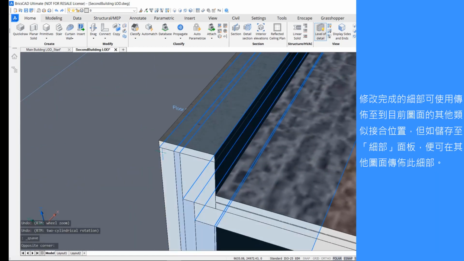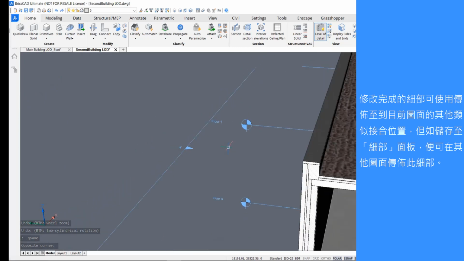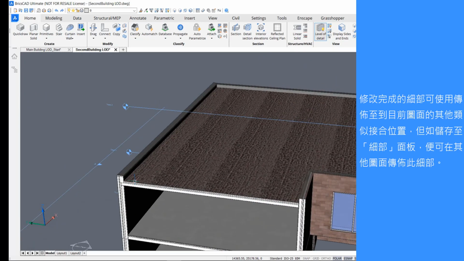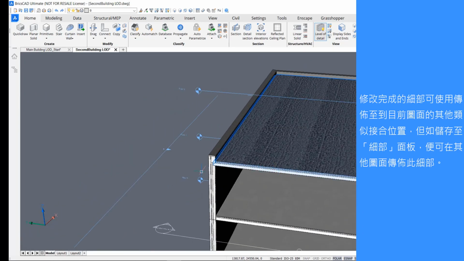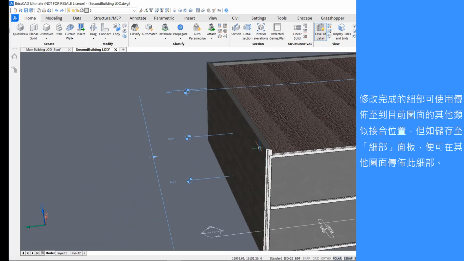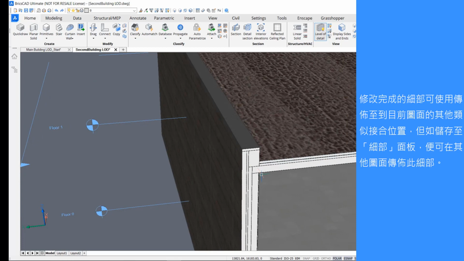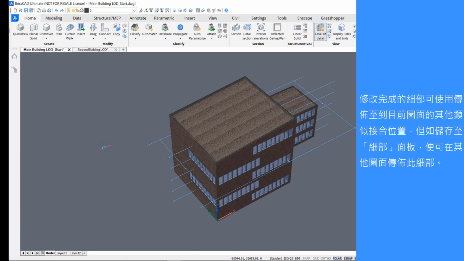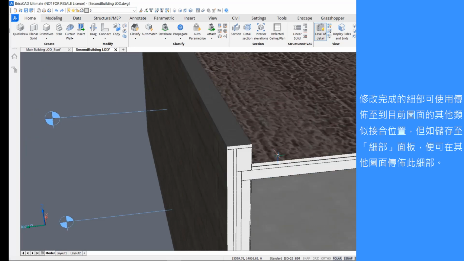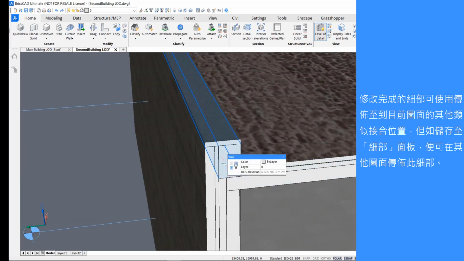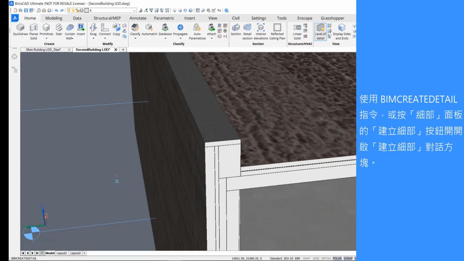In this case, if we wanted to have this detail all over the rest of the building, we can propagate it. But now, since we want to use this same detail in another model, which is the main building, we want to save this detail into the details panel to be able to use it onto other external files. So let me BIM create